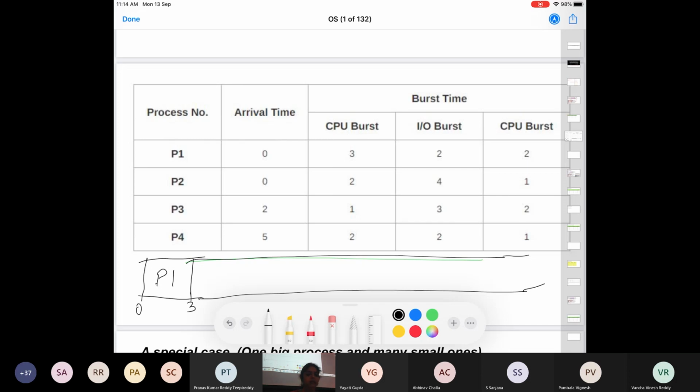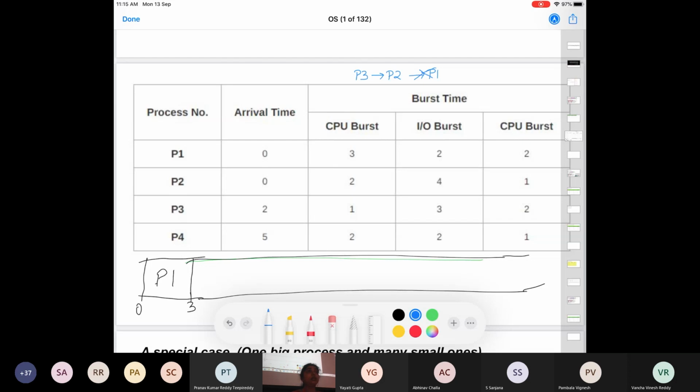Right? And at time 3, P1 cannot run further because it requires input output. So P1 goes for completing this input output. Let me also make my ready queue here side by side. Previously I had P1 and then P2. I am at time 3. By time 3, P3 has also arrived in the system, right? And P1 is anyhow taken away because it was executing on the CPU. Now at time 3, P1 went for input output. And when is P1 going to be back? P1 is doing the input output for 2 units of time. It went at 3, so it will be back at 5. And at 5, it will join the ready queue at the very end.